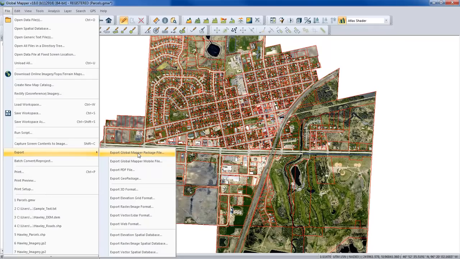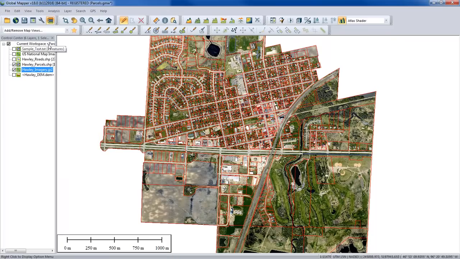I'm not going to do this right now, but if I did create a package file, what I would do is essentially create a compressed file with all of the data that I have currently loaded into my workspace, raster, vector, or even any linked files. If you've actually created hyperlinks to external files, those would also be embedded in there. That could then be transferred as a single file to another Global Mapper user, and when that user imports it into the application, it essentially recreates the exact workspace structure that you had displayed when you created that file. So it's a way to share the maps that you've created very quickly and very efficiently